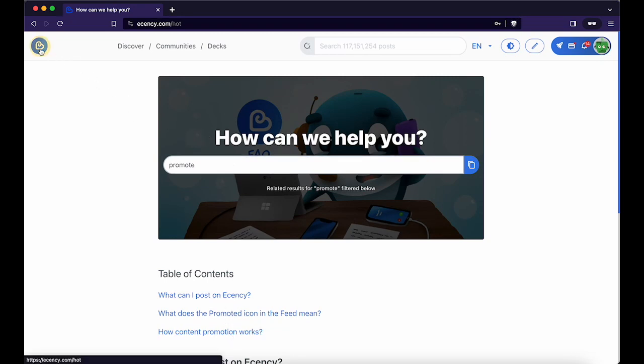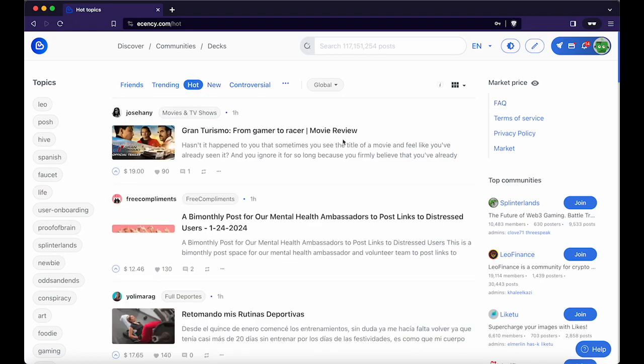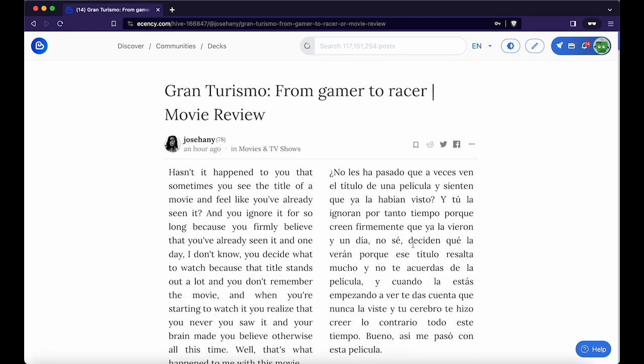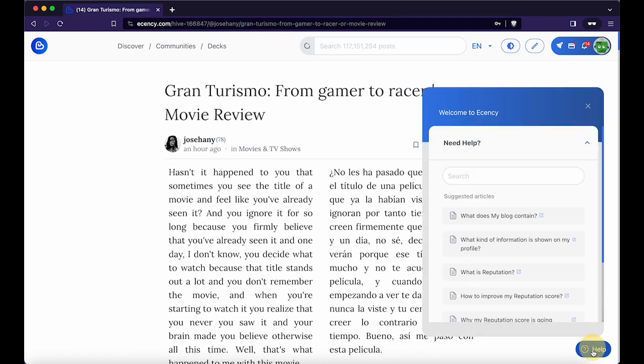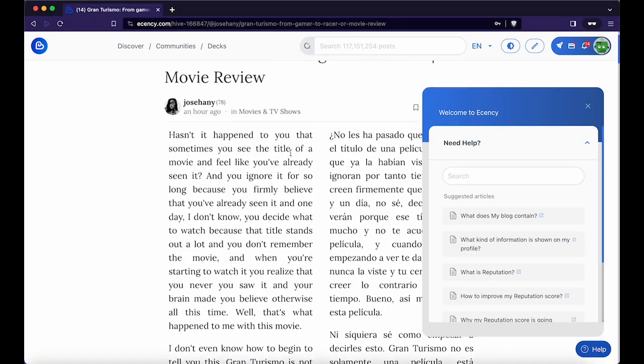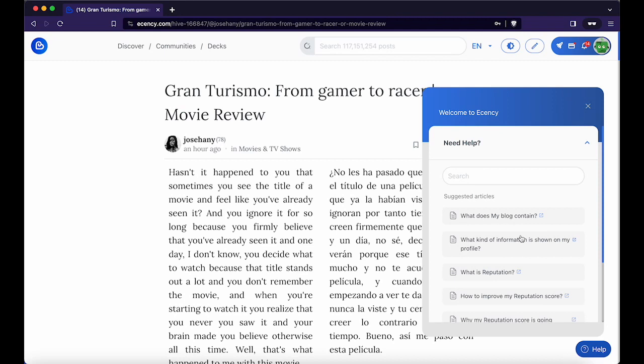And if you don't want to go to the frequently asked questions page, let's say you are a user exploring the page. When you go to any post or any page, let's say the post page, you can see here at the bottom of the screen we have a help button. If you click here, you will get information related to this specific page. For example, when you're reading the content, you have different information on the screen about the author, about the reputation, and so on. So we try to give some suggestions where you can learn about these things,